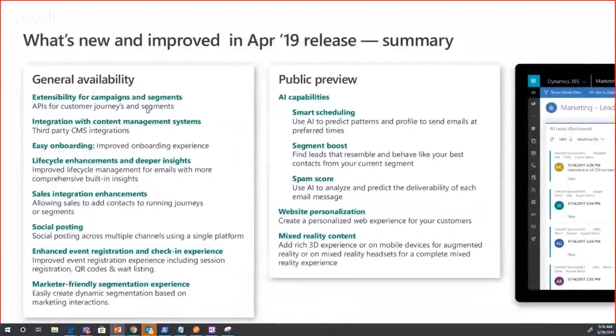And as I said, we looked at the whole extensibility piece of campaigns and segments to the APIs. We looked at the third-party CMS, a big thing for us in this release. Onboarding experiences, the direction we are going, insights experiences, the direction that we are going and how we are optimizing, doubling down on our out-of-the-box integration stories with sales and services, new capabilities that we'll continue to launch in social posting as an example, refinements in existing stuff like event registration and segmentation experience,